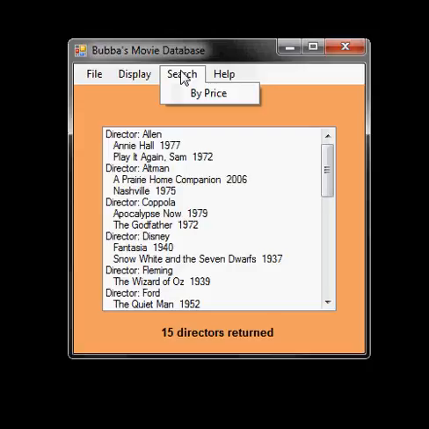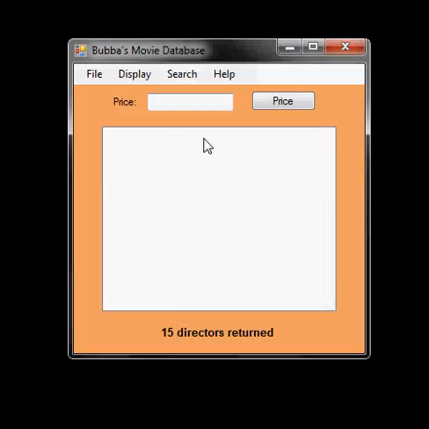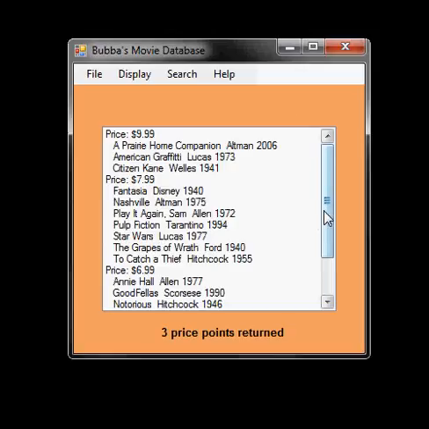Now we could do another window, or in this case, if we do a search by price, watch what happens. Okay, I had some hidden controls on the form at the top here, right? So now we have a place to put price, and of course do our query with LINQ. Let's say I put $10, or you can put in the whole $10, and do by price, and it shows me